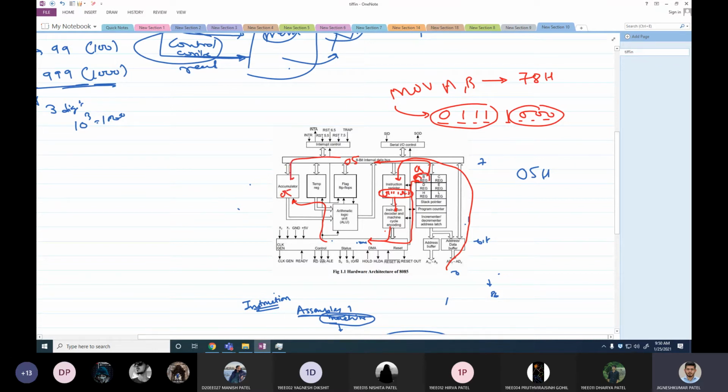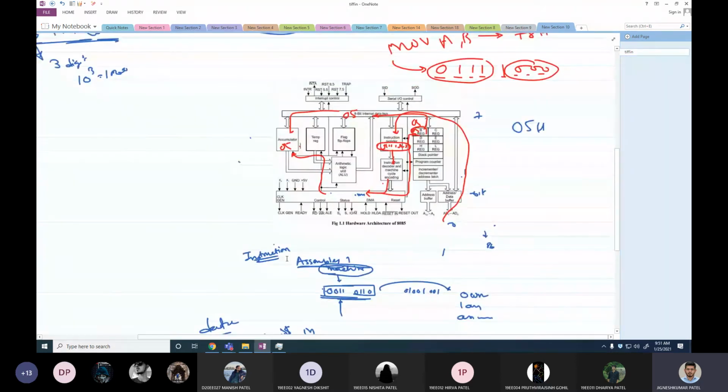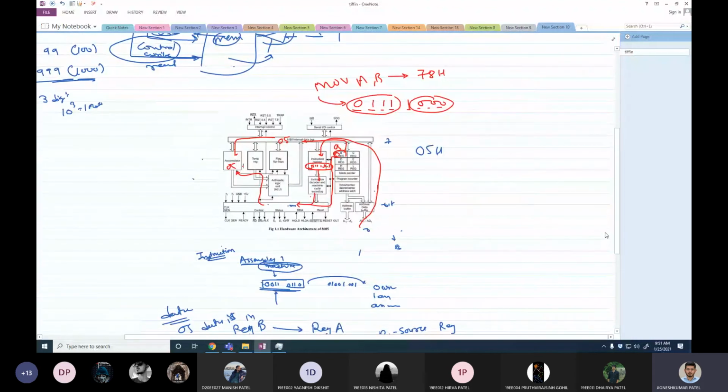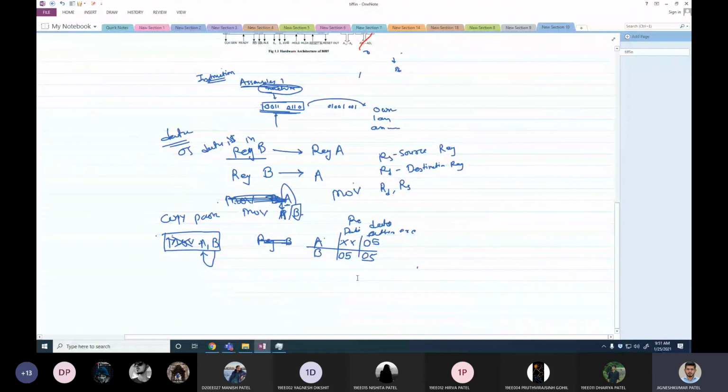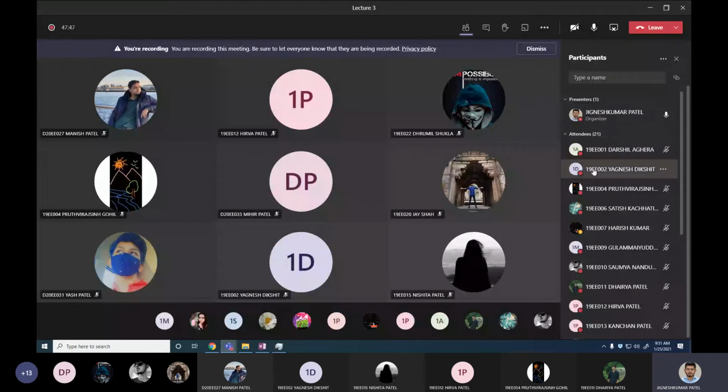So this 05 is transferred from B to A, but do not understand it like this: the 05 is still available with B. So this is the example of how your 8085 transfers the data. Okay. Any questions up to this? Any questions?